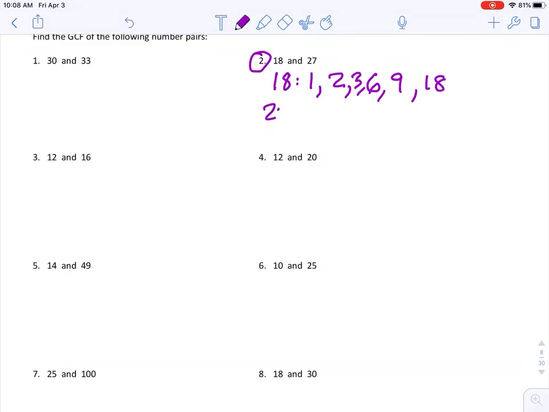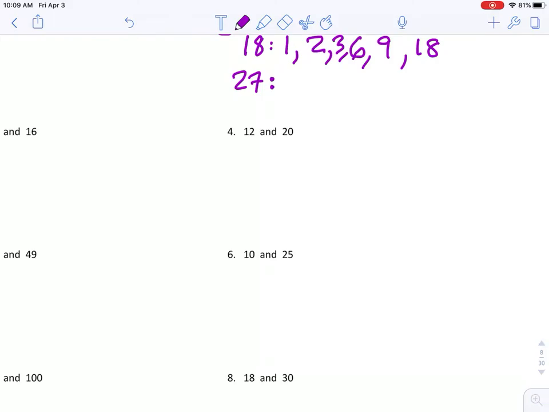And now as far as 27 is concerned, and you do want to try to avoid using the calculator. The more you can do without a calculator, the better that you guys are going to get at doing this, and we do want you to be pretty efficient when doing this, instead of just doing 27 divided by 2, 27 divided by 3, 27 divided by 4, and going through that way. We want to remember our times tables and kind of go through it that way. Now, if you get to a point where you can kind of just go through the numbers, it might help to just list them. For example, 1,